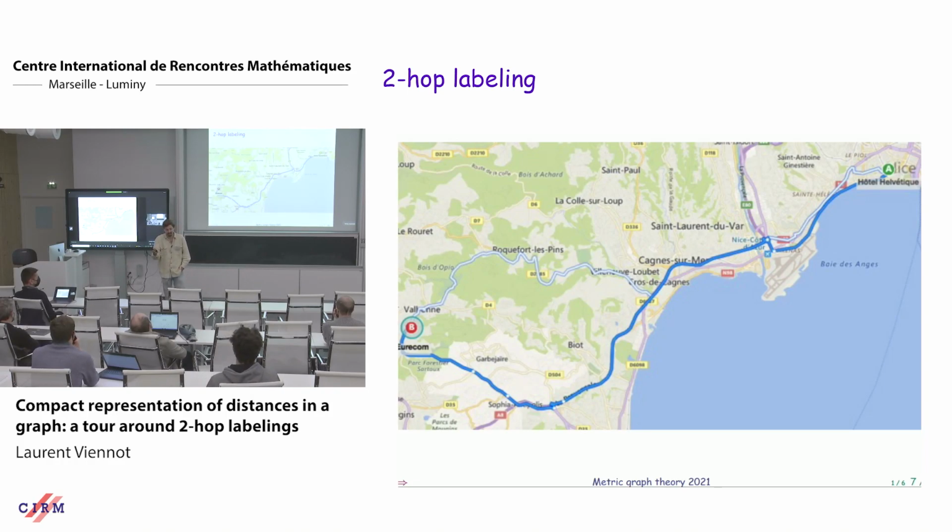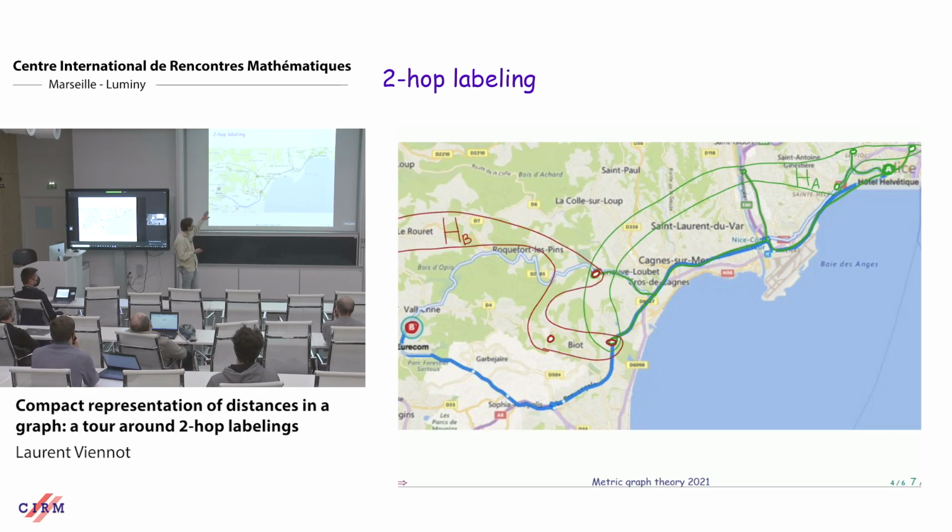And this has practical applications. Imagine you want to know what is the distance from A to B. You have pre-computed some hubs for A, and you know the distance from A to these hubs. You have pre-computed some hubs for B, and you know the distance from B to the hubs, then you can look at if they have some common hubs, and for each common hub, you know an upper bound of the distance.